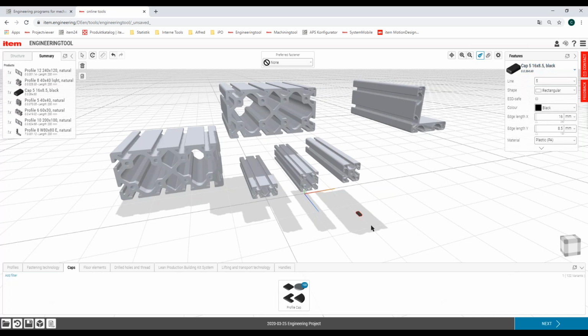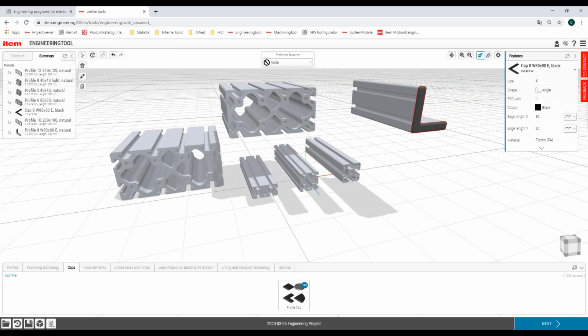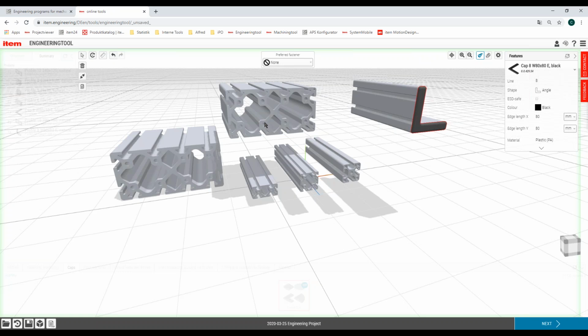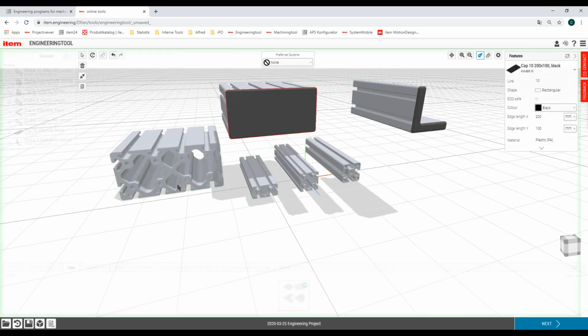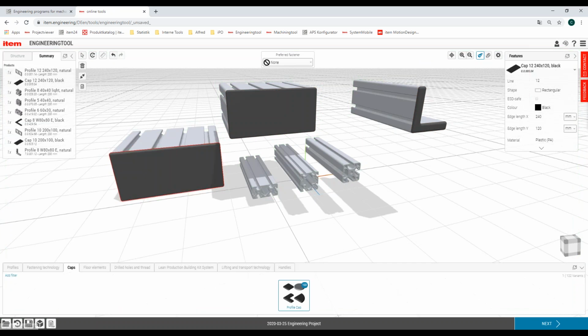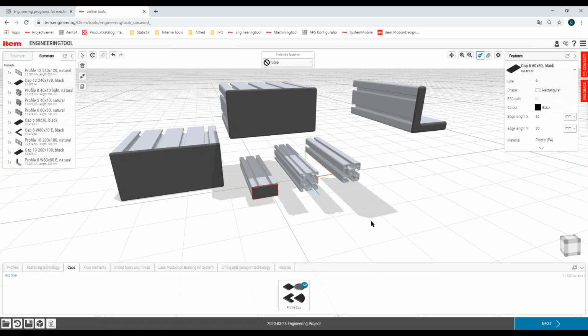And this cap does not fit to any of those profiles. But as soon as I take this cap and move it to one of our profiles, it automatically gets the right cap. And that means for you that you can save a lot of time because you do not have to think about which is now the right cap for my use case and for my profile.